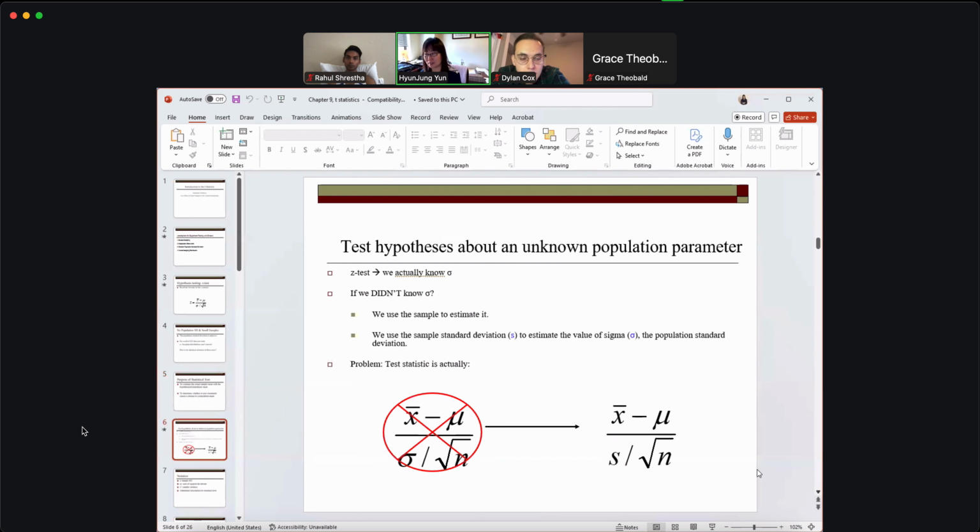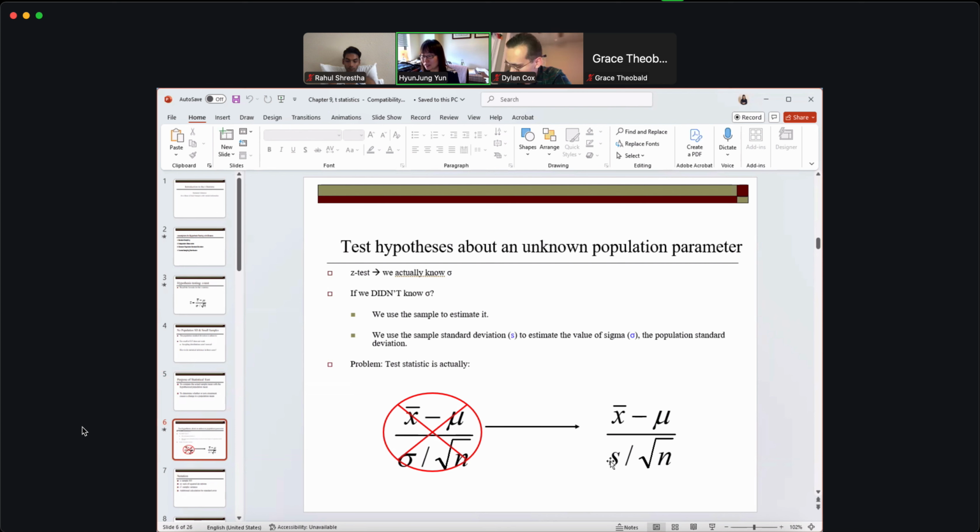That's a t-test. So this is a z formula, right? And we don't know the population standard deviation. So what are you going to do? Rather than throw away or give up the test, we now use